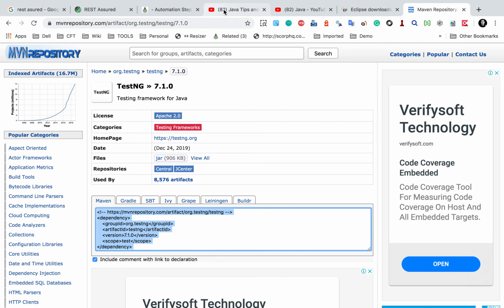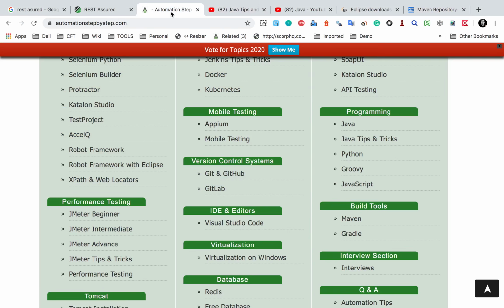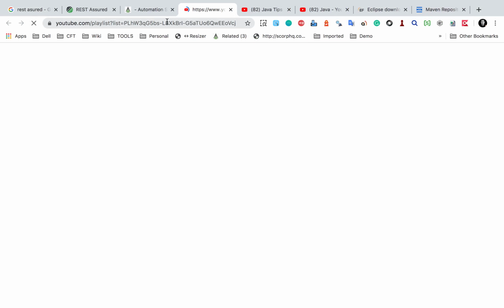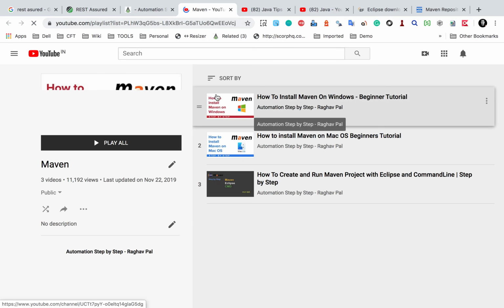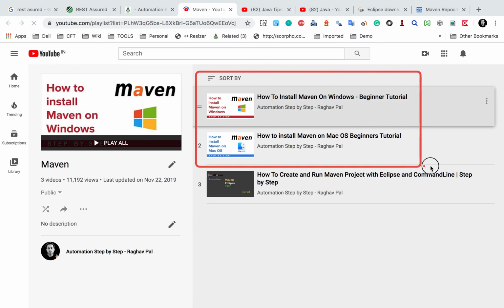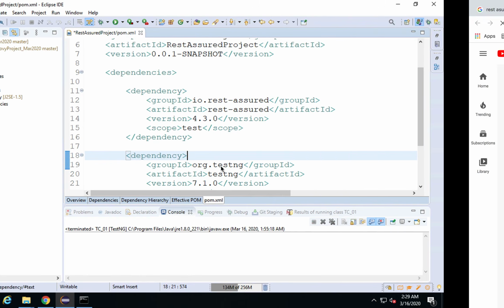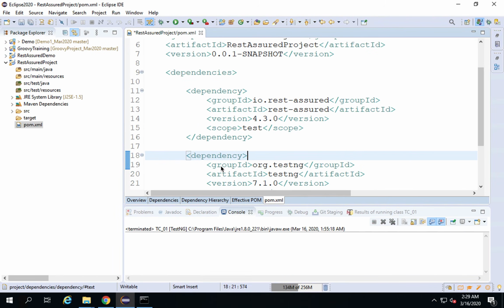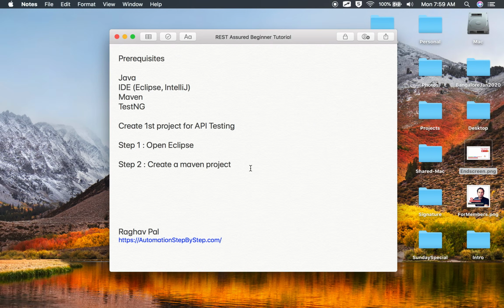And if you go to my website and go to Maven under build tools, you will find tutorials on how to get Maven on Windows and Mac operating systems. So here are the videos, but as of now you do not have to worry about that, because in this session we are just going to run from Eclipse. So we have done step number 3, which is